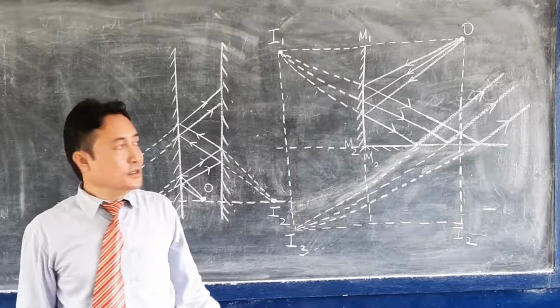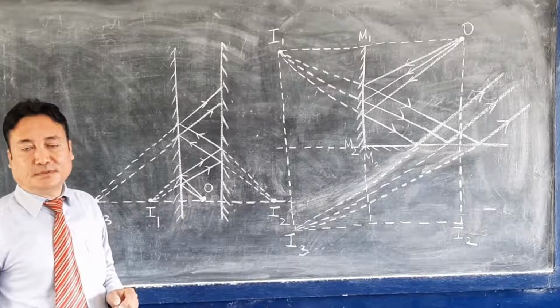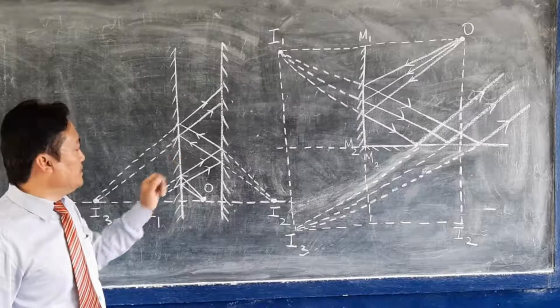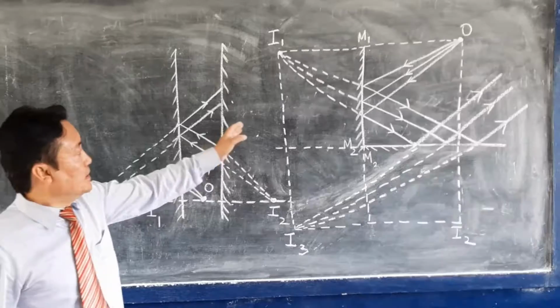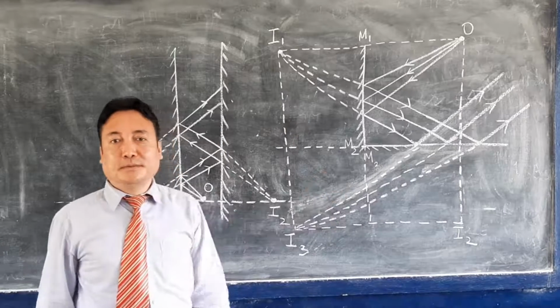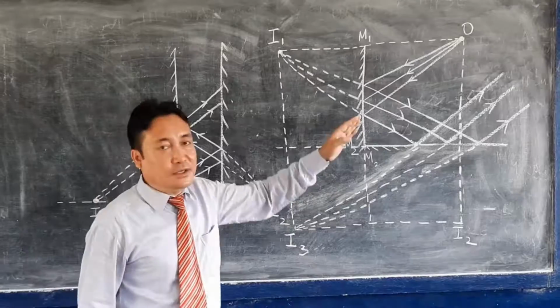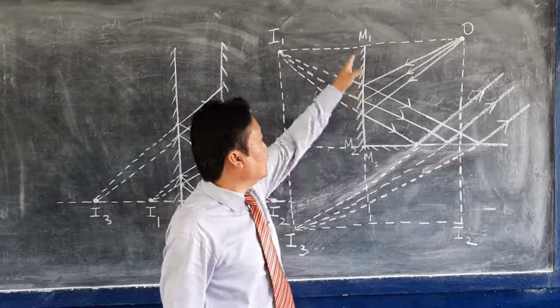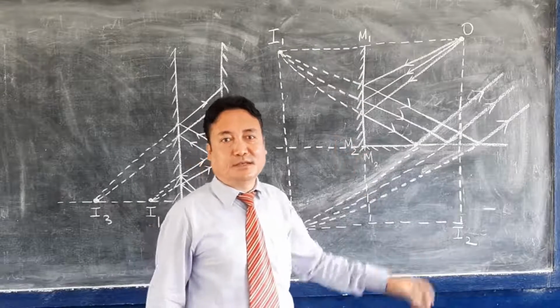Second point, when the two mirrors are kept parallel to each other, in which the angle between them will be 0. So how many images will be formed? You will discuss it. And also when the two plane mirrors are kept perpendicular to each other. Perpendicular means 90 degrees, like this. So one mirror is at the base here and another mirror is perpendicular. So how many images are formed? We will discuss it today.